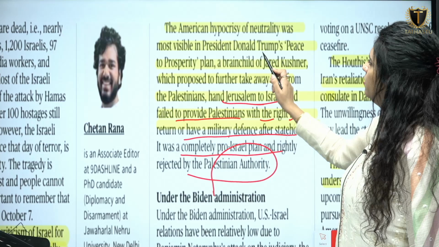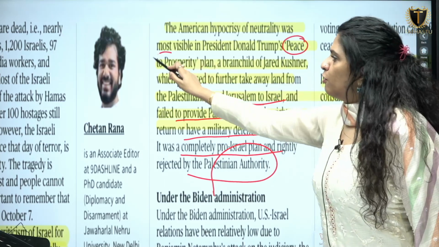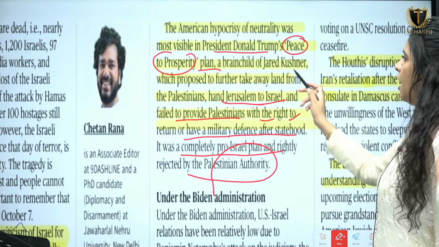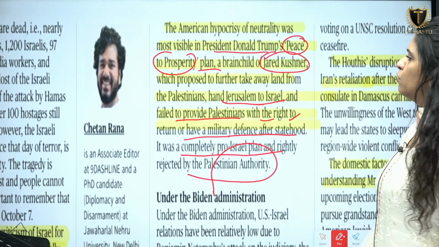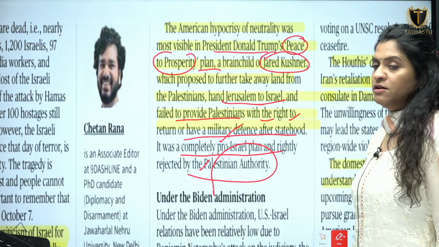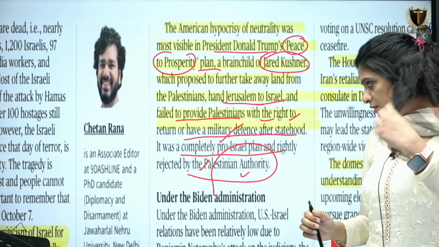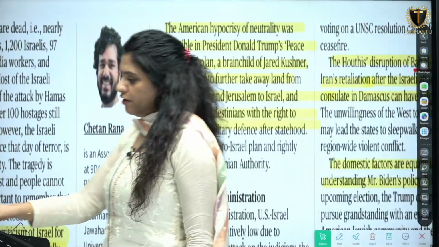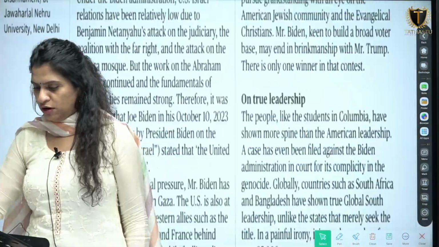So we were reading about the Peace to Prosperity Plan, and who prepared it? It was under President Donald Trump and prepared by Jared Kushner, and it was pro-Israel but against Palestinian interests, so Palestinians rejected this. Okay? So this is the important line, and then further, this line you need to note down that I have highlighted